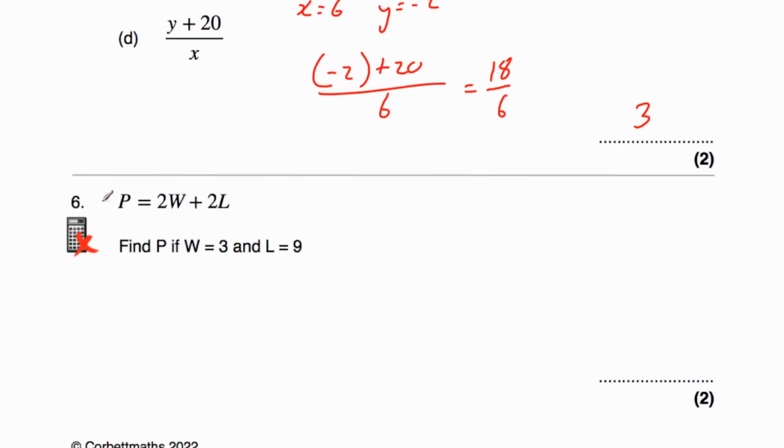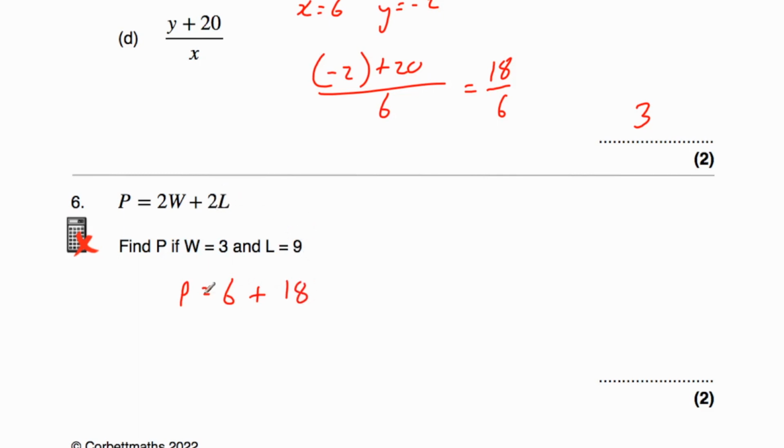Okay, question number 6. We've been given P is equal to 2W plus 2L. And we've been asked to find P whenever W is equal to 3 and L is equal to 9. So we've got 2 times W and 2 times L, and that's equal to P. So we've got P equals 2 times W, so that's 2 times 3, and 2 times 3 is equal to 6, plus, and then we've got 2 times L, L is equal to 9, 2 times 9 is equal to